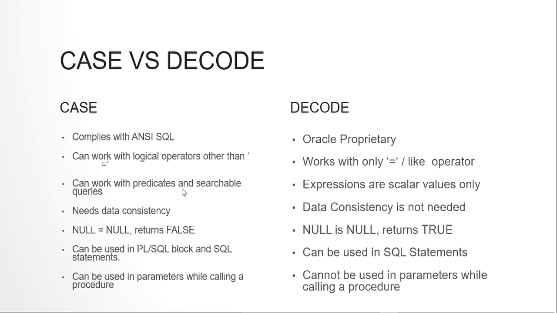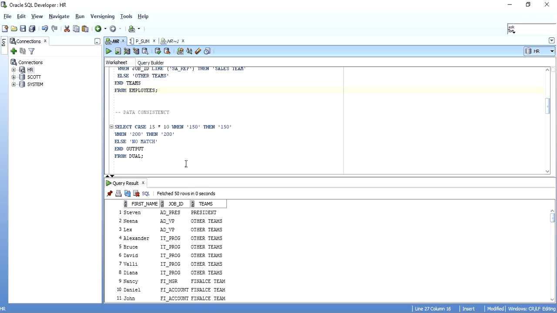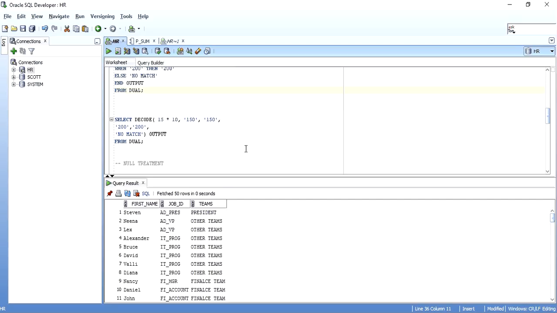Now one advantage of decode is that decode doesn't look for data consistency, whereas case does. If you have checked my video on decode, I have shown this example where I am using decode, bracket open meaning the start of the decode, and bracket end is the end of the decode, of course. At the start I am taking the expression 15 into 10, which is 150, right?